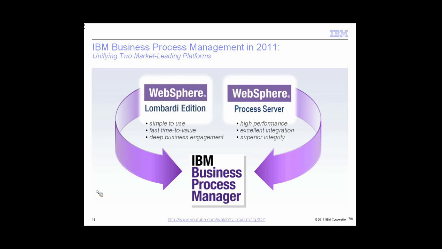And what IBM Business Process Manager version 7.5 is, is the convergence of something called WebSphere Lombardi Edition. Those of you familiar with Lombardi, this was TeamWorks, and then after IBM acquired Lombardi, it became WebSphere Lombardi Edition, which became hosted on WAS, WebSphere Application Server, and got blue washed, and then